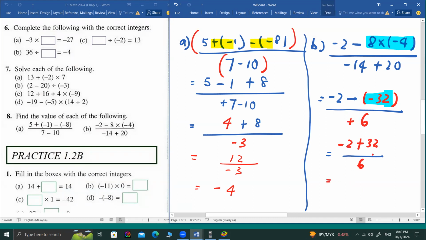Next, two signs that are different, find the difference. 2 and 32, the difference is 30, and you follow this sign. 30 per 6, you get 5. 30 divide 6, you get 5. Any of you that did it wrongly, please do corrections. Or with your calculator, apply this according to your own calculator that I mentioned just now, key it in and see whether you can get 5 or not. If one of you couldn't get it, let me know and tell me which type of calculator you're using. I'll show you the steps.